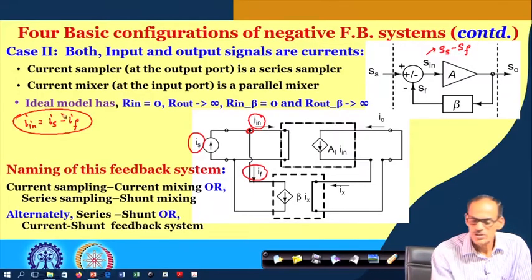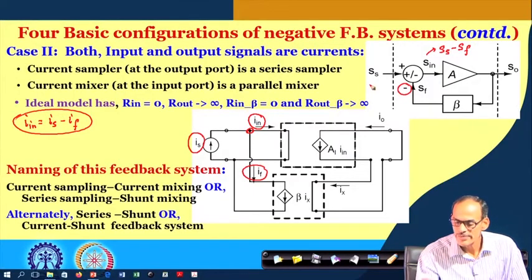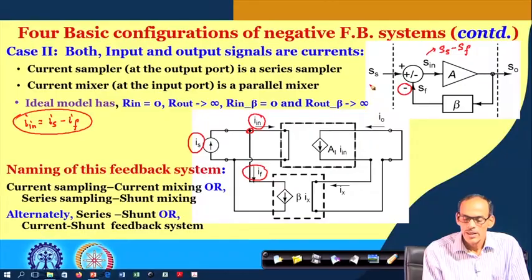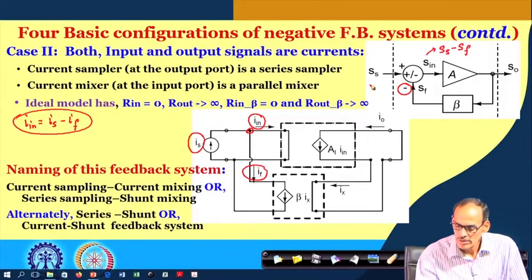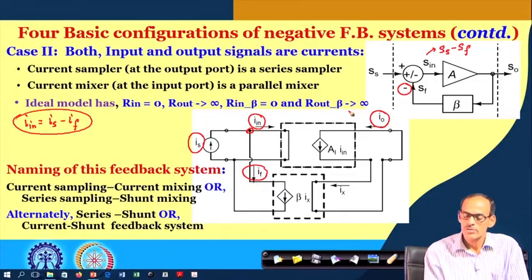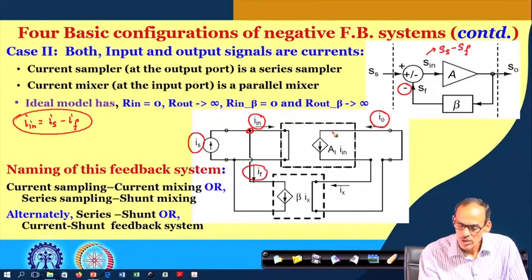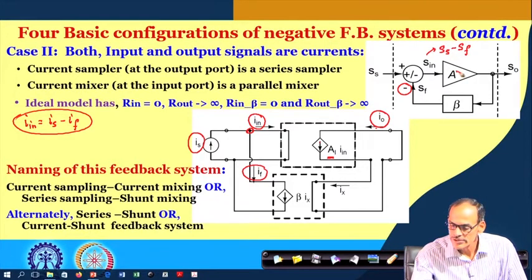So, this minus ensures that we are satisfying this minus sign, and also if you see at the output port, this is the positive direction of the output signal. So, the internally generated current is consistent with that, and we are assuming this A I current gain is positive. So, which means that this is also positive,